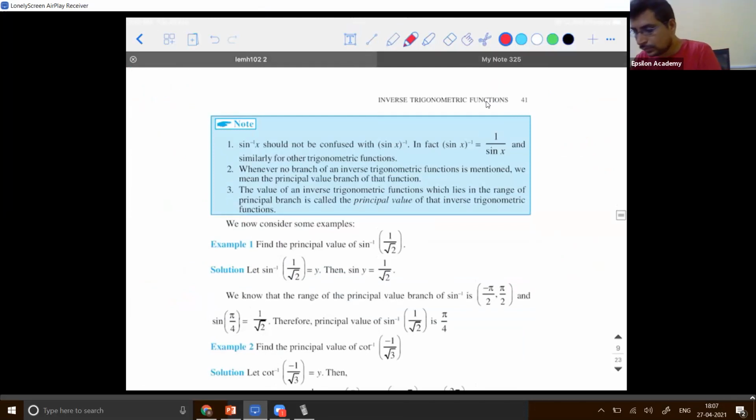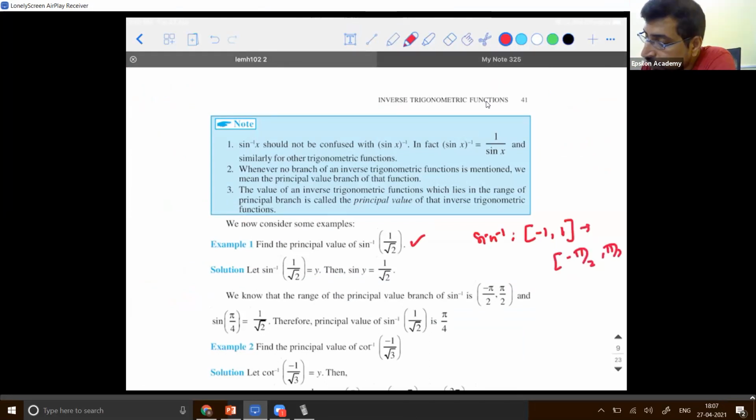Right? Now, see. So let me start with the first problem. Find the principal value of sine inverse of 1 by root 2. So sine inverse, till you get practice, sine inverse exists between minus 1 to 1 to minus pi by 2 to pi by 2. Means for sine inverse, if you give the input value between minus 1 to 1, the output value should come out as an angle. So 1 by root 2 lies in the principal range of it, minus 1 to 1. Correct? So which value of sine will generate 1 by root 2?